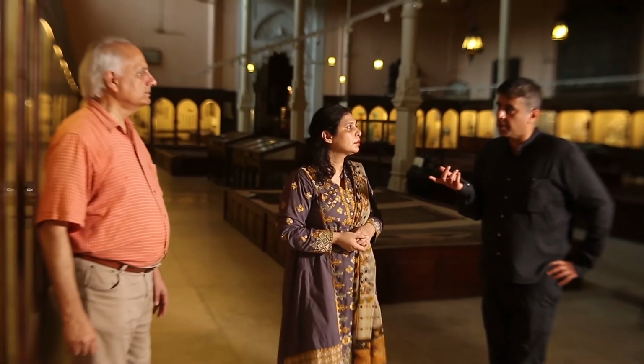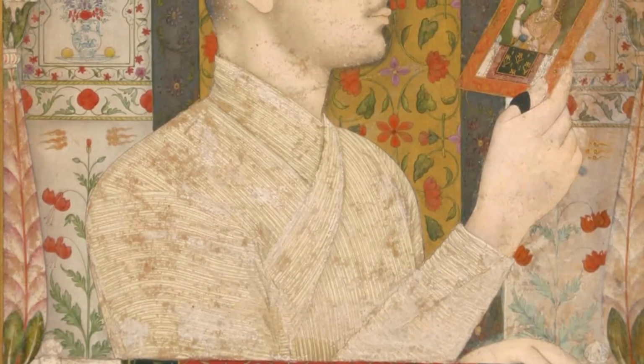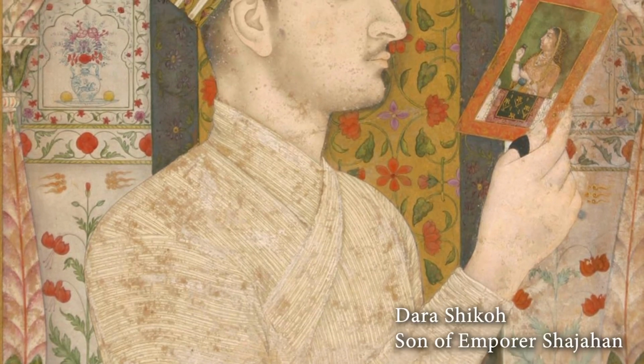But that courtesy, of course, is not extended to Hinduism, which is not seen in a similar way to Islam as a kind of Abrahamic faith? Not really, but Dara Shikoh tried that. Right. His book called Mingling of Oceans,